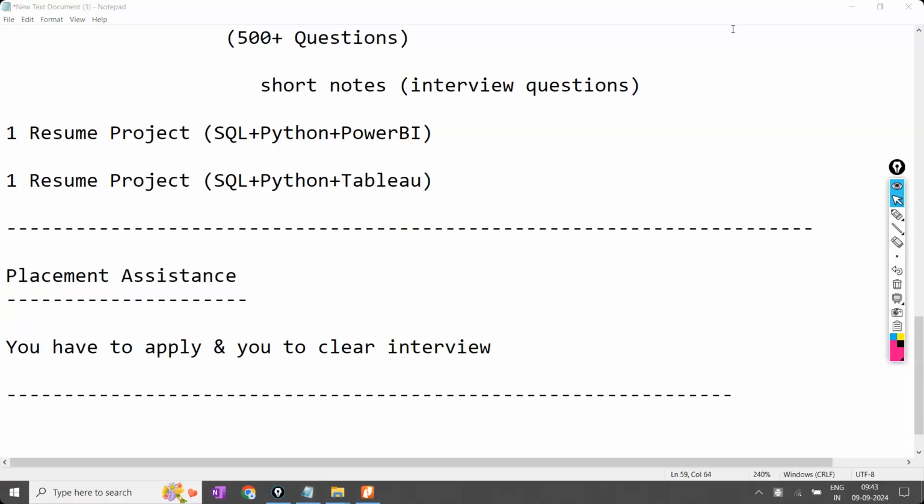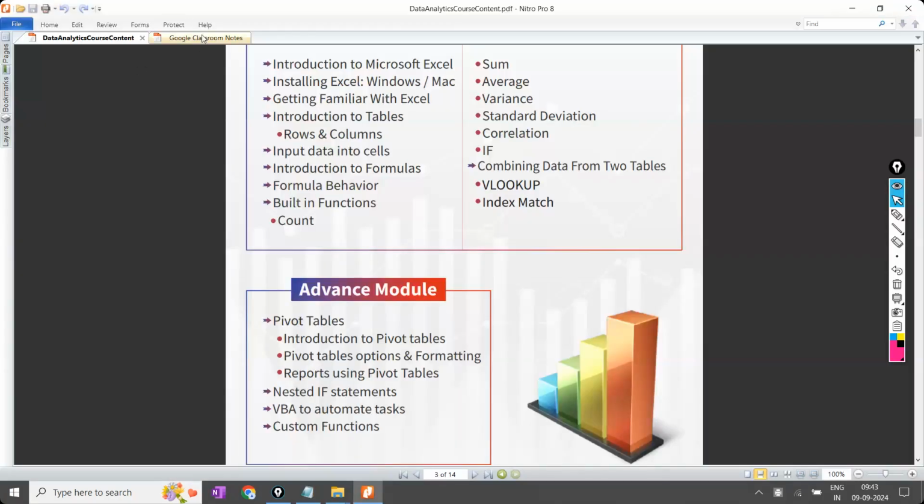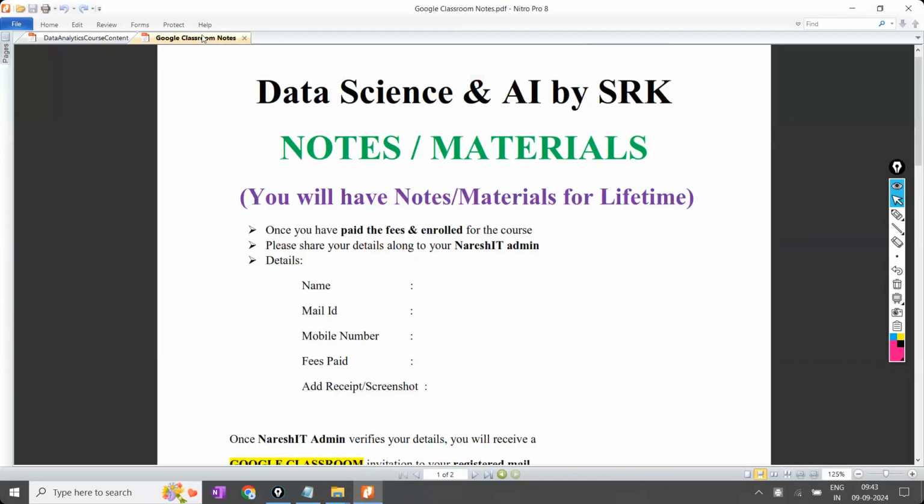Coming to the next question: sir, when are you going to begin? Now only. We are going to enter the actual class of the subject now, starting with Python. The course content will be shared separately. The regular class notes from today, whatever we discuss, how to install Python, all of that